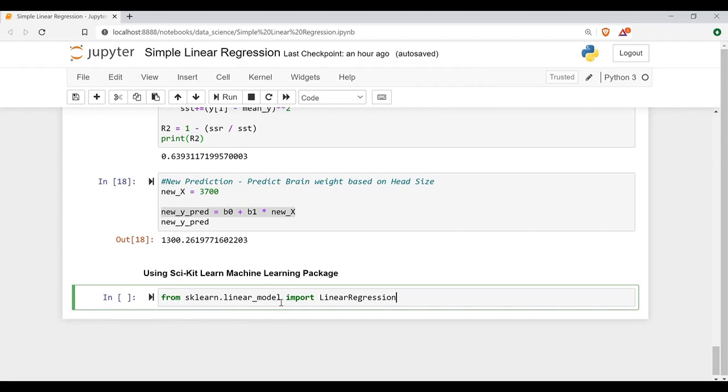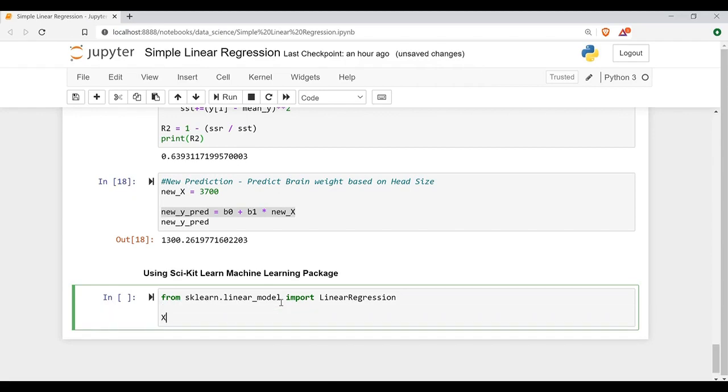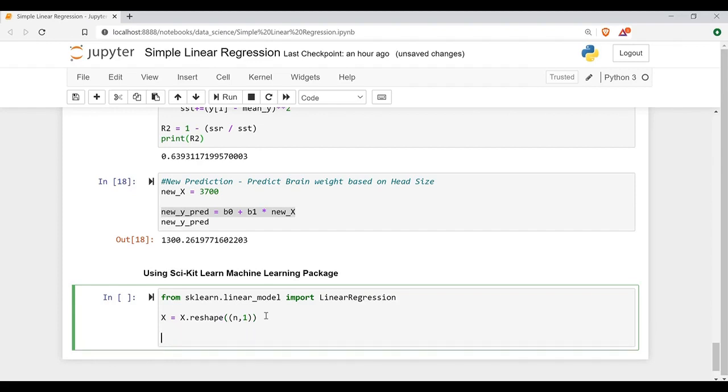Now to do that, I will take some x values here. The x value is the same x value, but we have to reshape the data. Why do we have to reshape? The reason is that in the scikit-learn package, x value will always be in two-dimensional format. It should be in 2D format. So we are saying the number of records, comma 1. Here we are passing it as a tuple within this reshape, so we are just changing it to 2D format.